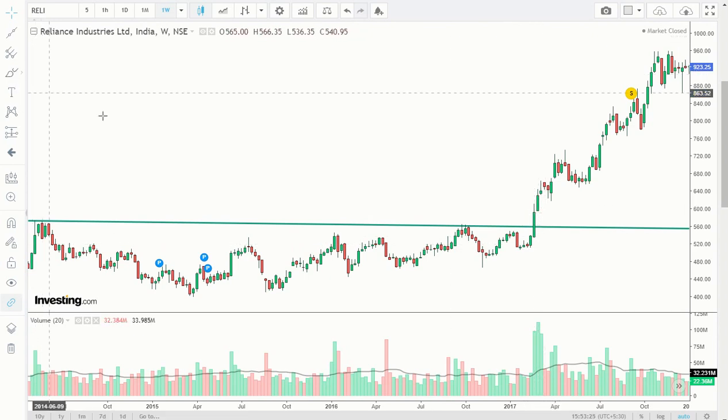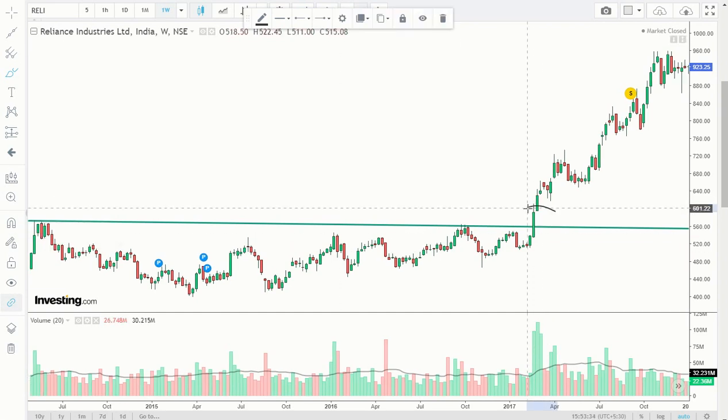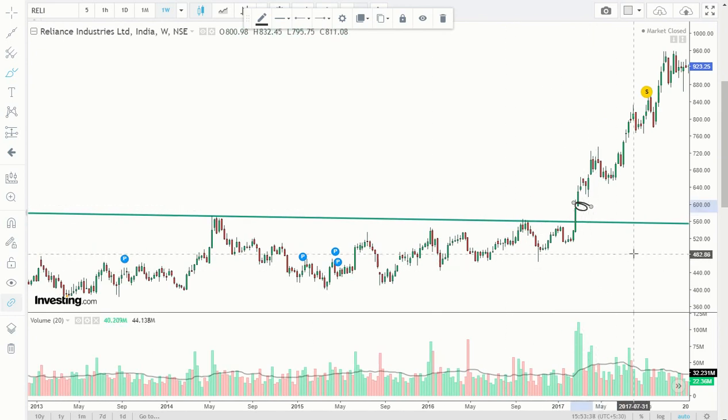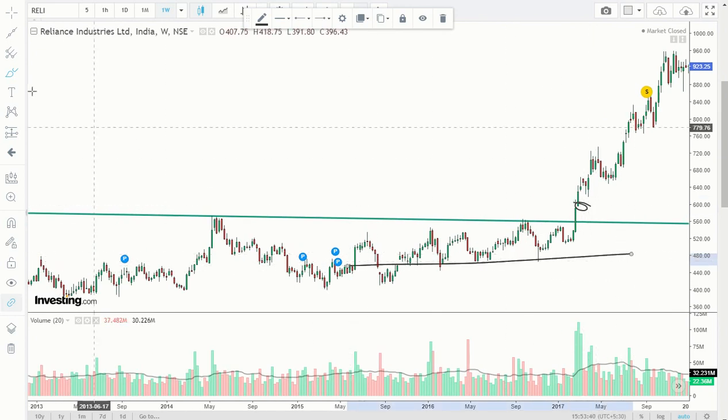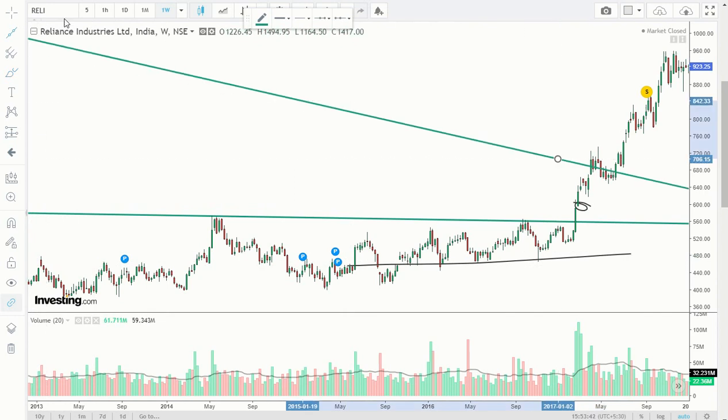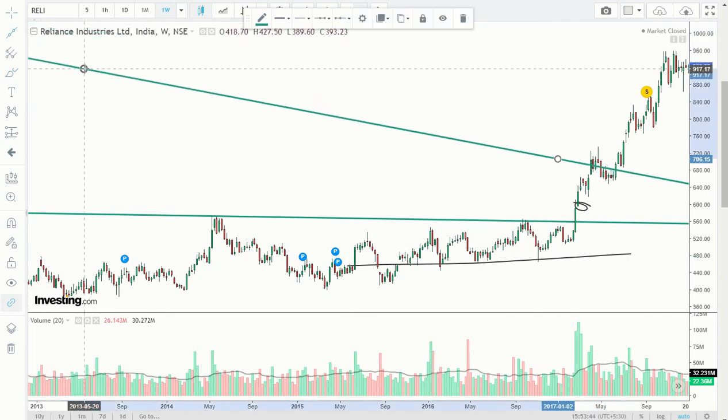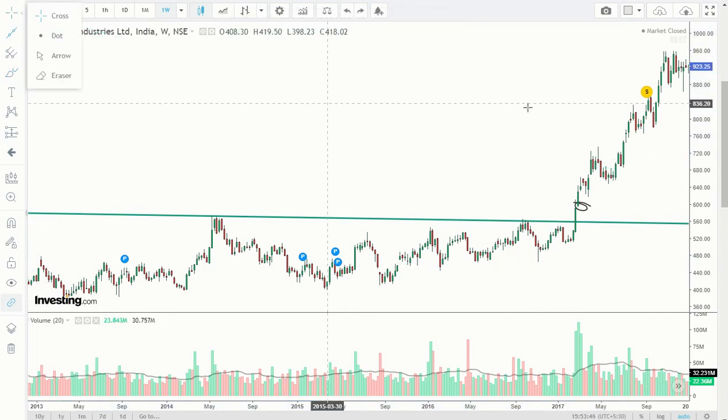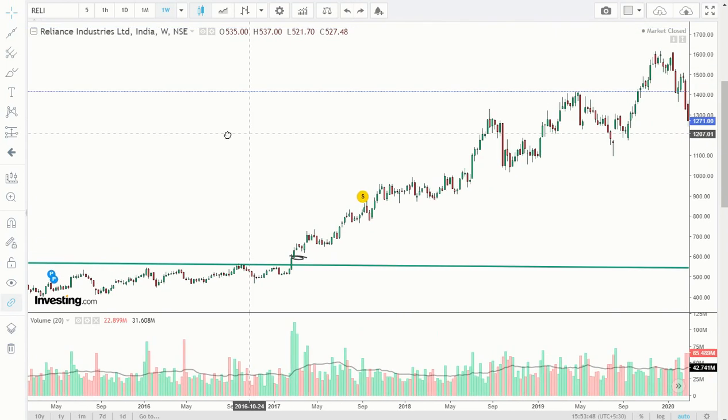So I bought here. Why am I buying? Because somebody else had analyzed, they are buying, FIIs, DIIs are buying, because of which the demand is coming up, and the idea is prices will go up. So I bought here, and you see, the prices shot up from there.